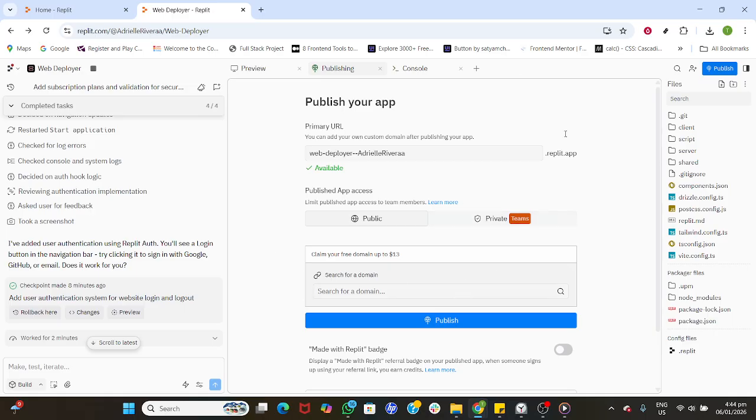When you're satisfied that login is working and protected pages are restricted as expected, it's time to deploy the changes. Click Publish to push the updated app. If your project requires secrets, add them in the Secrets panel before publishing so authentication works in production. Finally, open the published site, find the